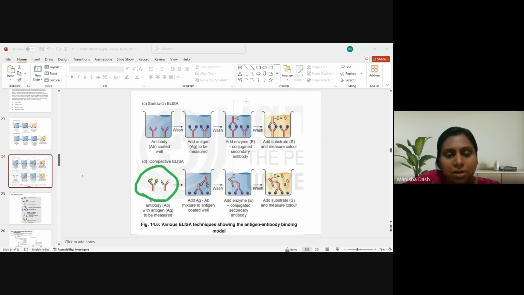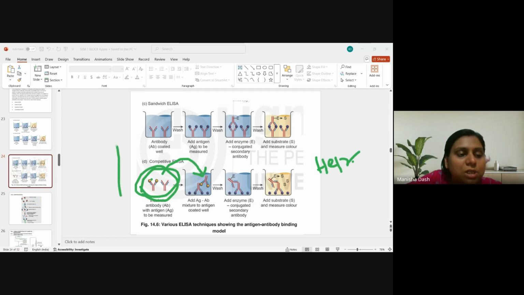For example, let's say you want to find out whether a person is having hepatitis virus. So you want to find out whether a person you are suspecting is having hepatitis or not. So in that case, you use hepatitis antigen-bound antibody plus free antibody. Then you coat the well with hepatitis antigen. Then you add the sample. Now if the hepatitis B concentration in your solution is very high, then